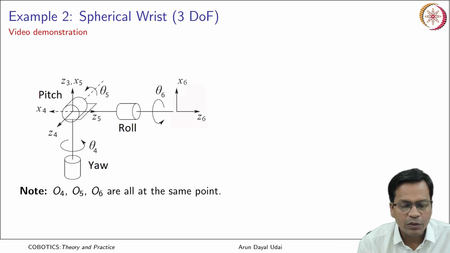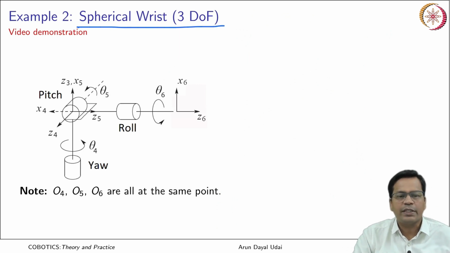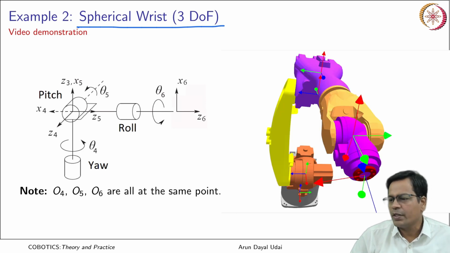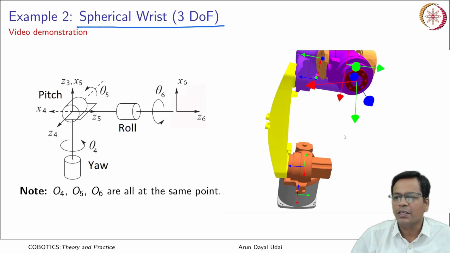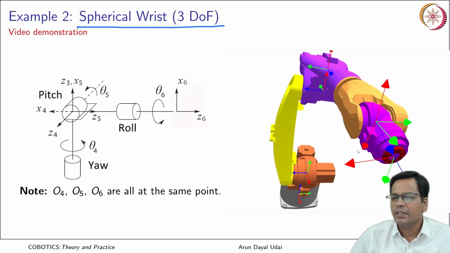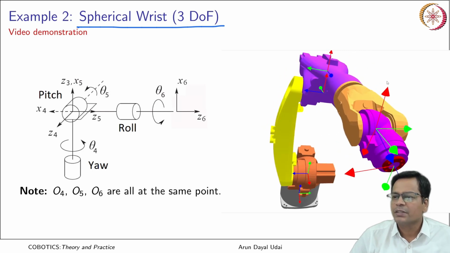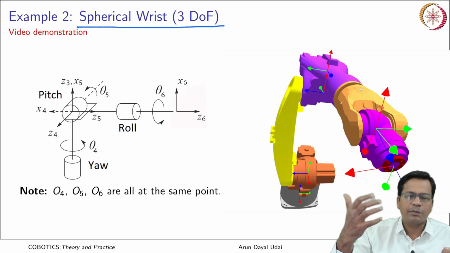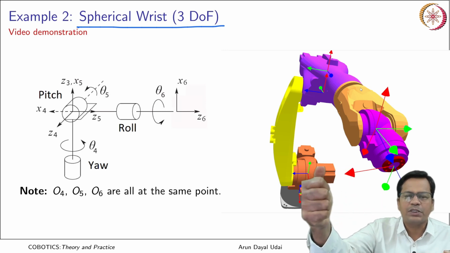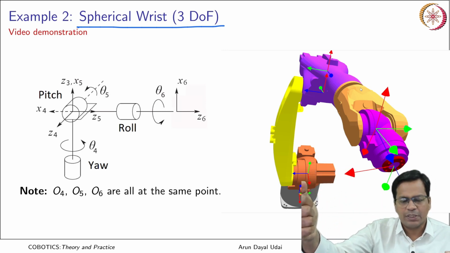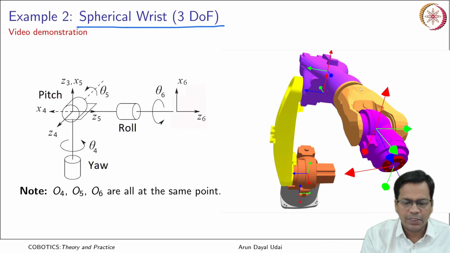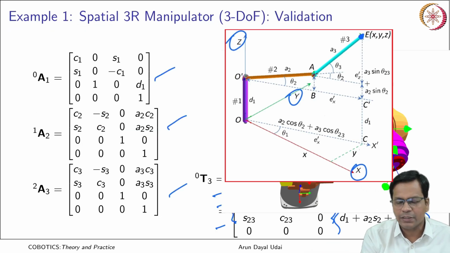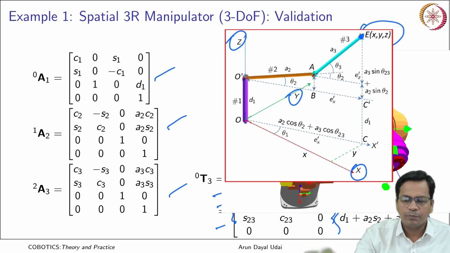We'll talk about spherical wrist. Where have you seen it? Let me just show you once again here. So if this is a robot, it terminates with a spherical wrist. The first three axes basically would take you to any position, that is xyz position, as you have seen in the previous example. This is a positioning robot which takes this end effector to a position.